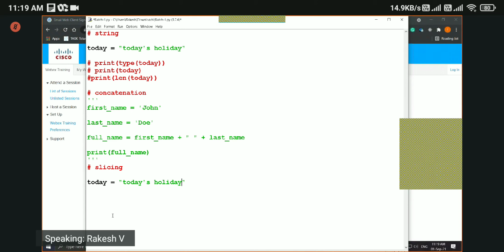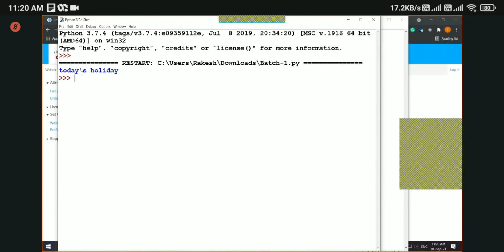Let's say you want to get only this word today from this string. How do you do that? You try to print the variable, it will print everything, right? But I want to get only this value, this today, or just this holiday.